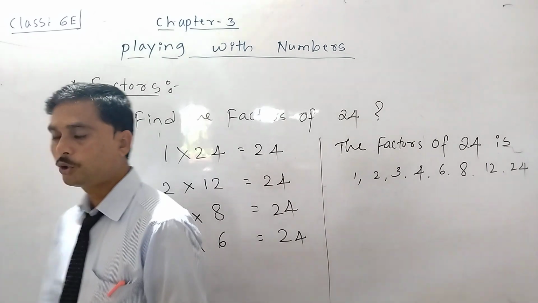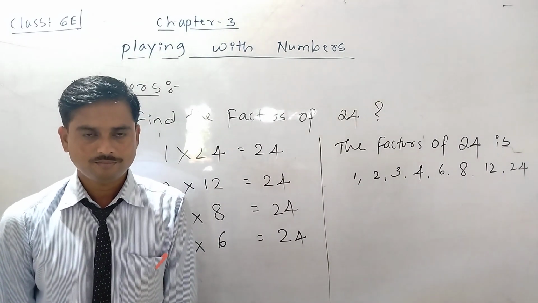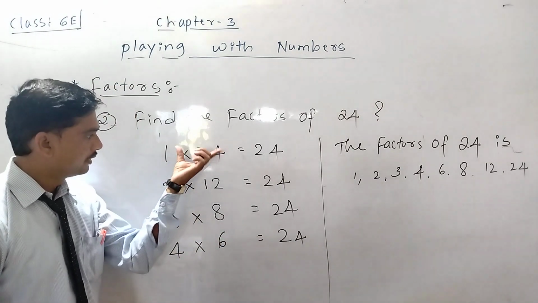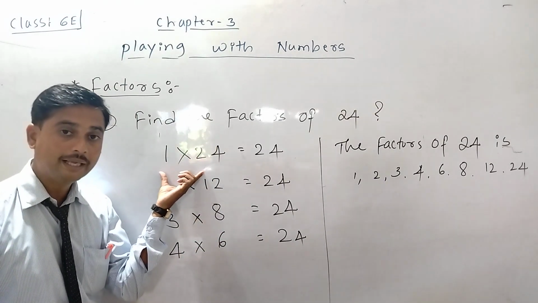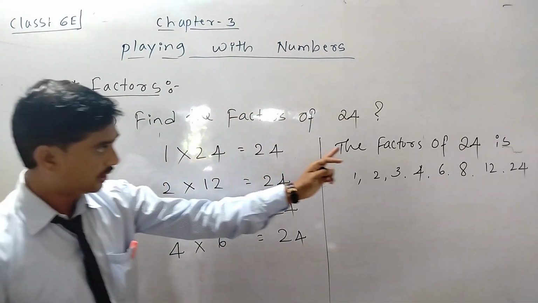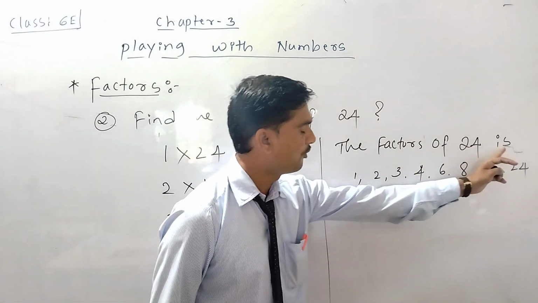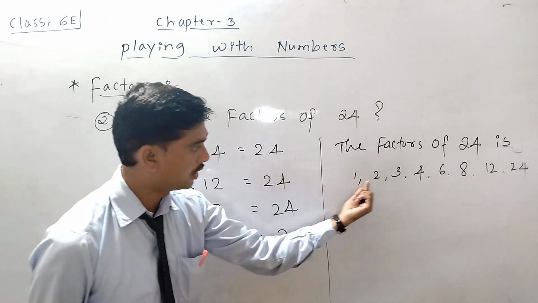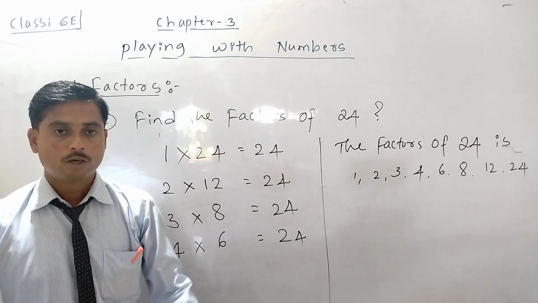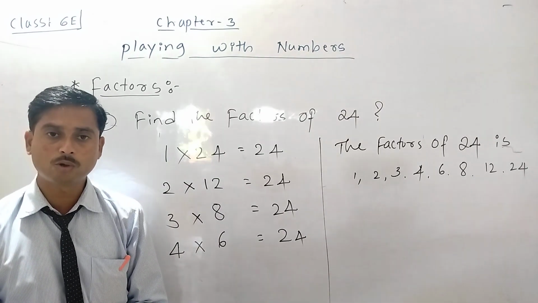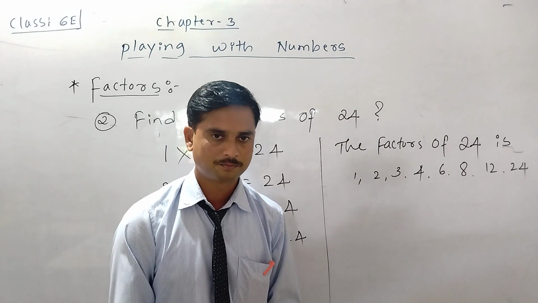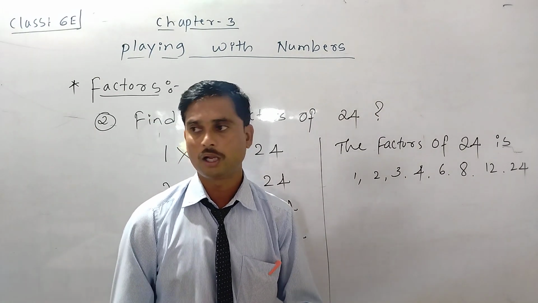Okay, remember, dear students, what I am going to discuss with you. This time we wrote that we have to easily find the factors of the given number. Then you have to think, how many factors of 24 are there? Total 1, 2, 3, 4, 5, 6, 7, 8. So 24 has a total of 8 factors. Understand? I hope all of you understand that.